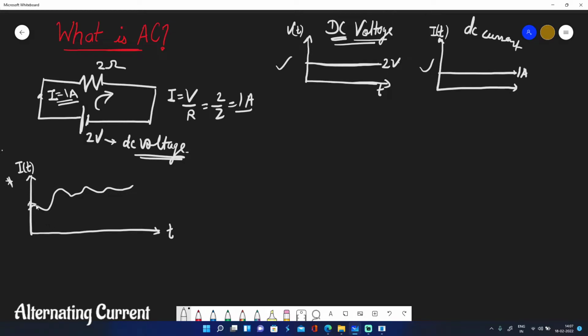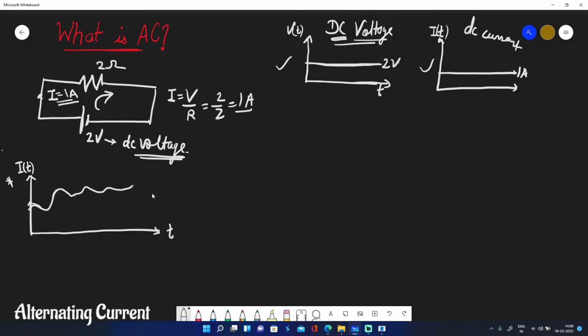Suppose some current I(t) is like this, flowing like this. What you can observe from this graph is that at different values of time, the value of current is different, and it is randomly changing. There is no pattern, no periodicity, in the sense that it is not repeating after some certain interval of time. It is just randomly